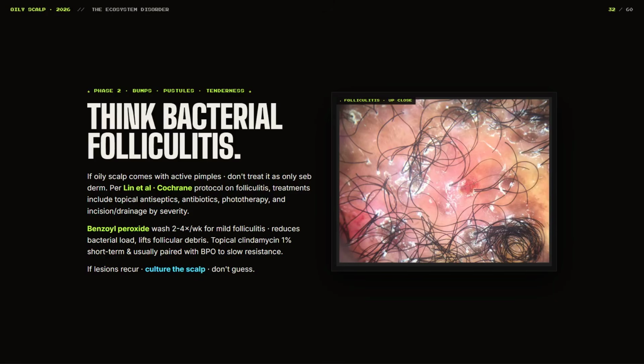For step 5, if you have scaling, you probably want to treat that. So if a person has thick, greasy, stuck-on scale and flakes, this is when the salicylic acid that I mentioned before is going to help, because it can break apart those scales, and also it can kind of create the environment where you can help the ciclopirox and other antimicrobial and antifungals, or rather antibacterials as well, come in and clear out the area. And benzoyl peroxide, which would really be for the step 6 when it comes to folliculitis.